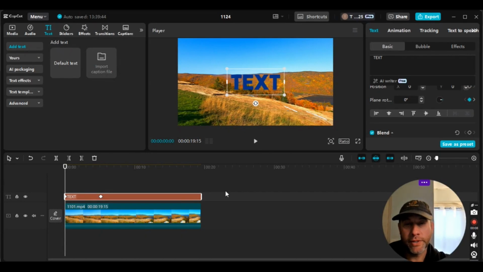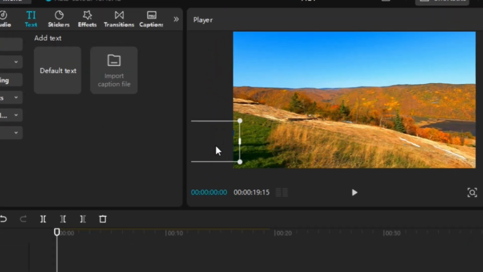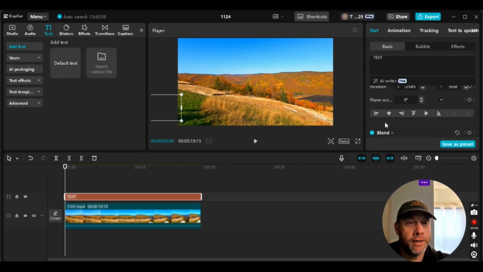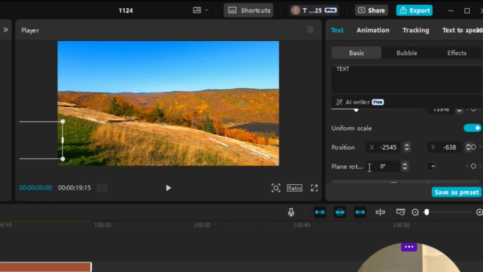All right, folks, so what we're going to do next here is take the text and do a slide in and a slide out, okay? So I will put it right about here, and instead of putting a keyframe for rotation, we're just going to put a keyframe on position, and we're going to add a